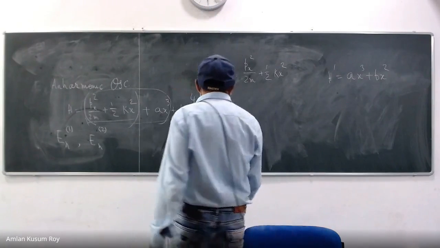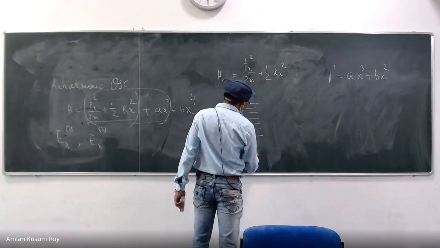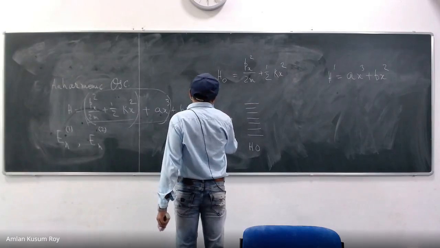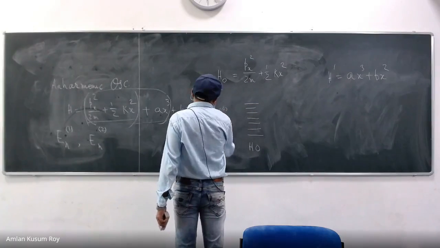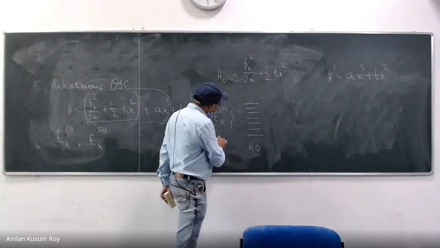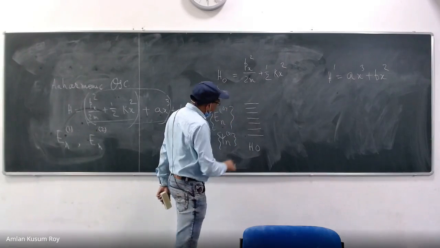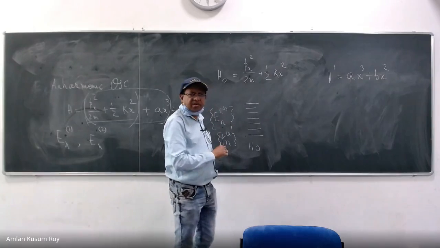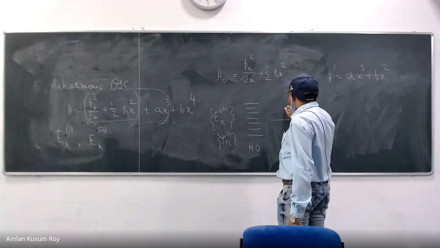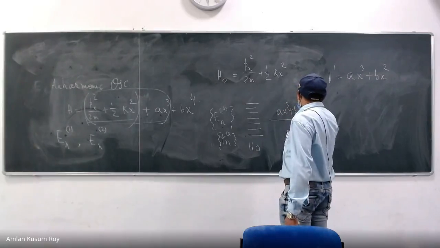So if this is my energy spectrum of the harmonic oscillator, given by En0 and psi n0. Why do I give n? Because all the n energies are known to you. All the n wave functions are known to you. That's why I have given. This is completely known to you. I have told you now to put the perturbation, the full perturbation. What is that? Ax cube plus bx to the power 4.